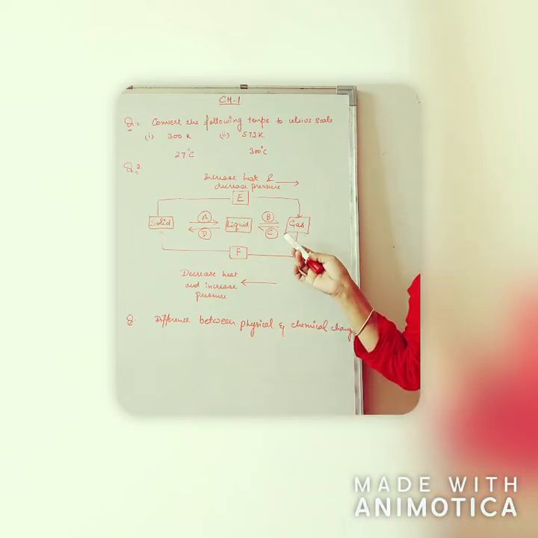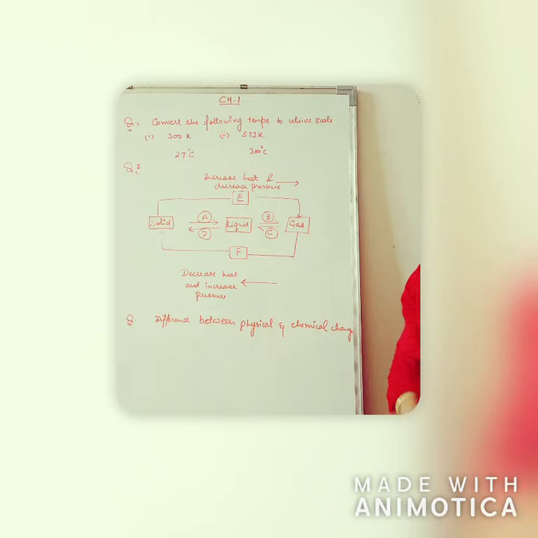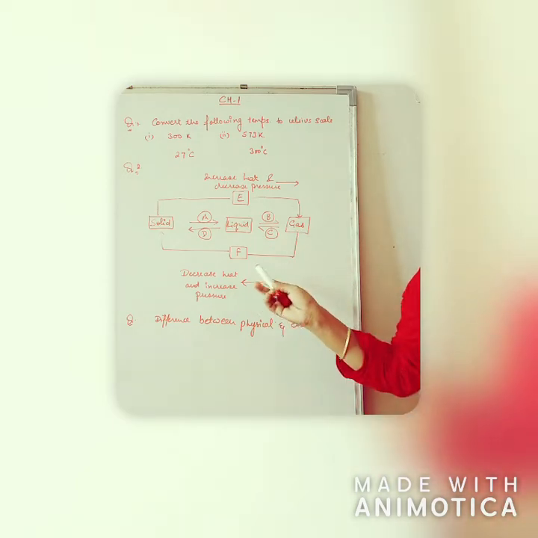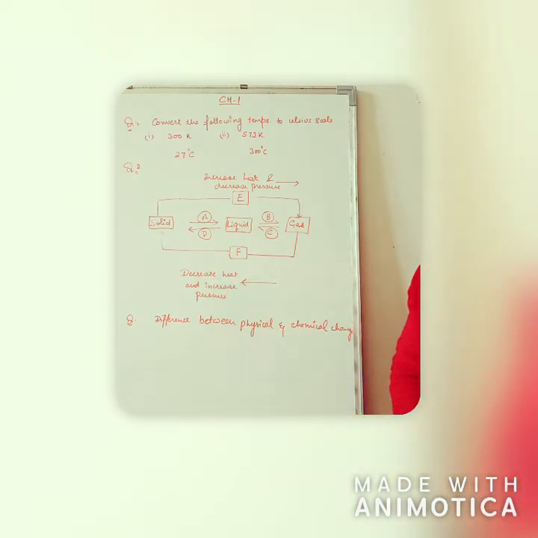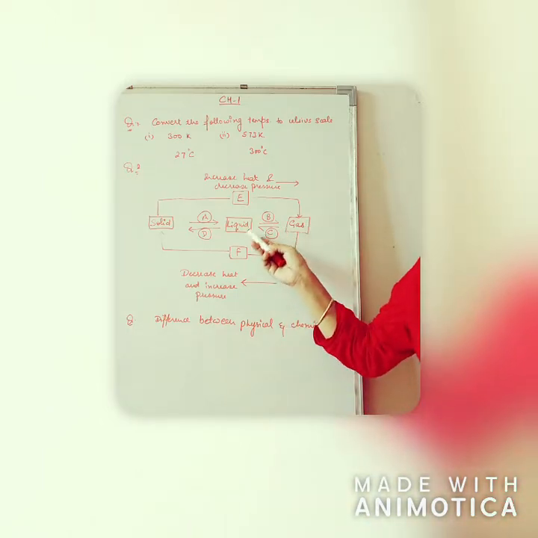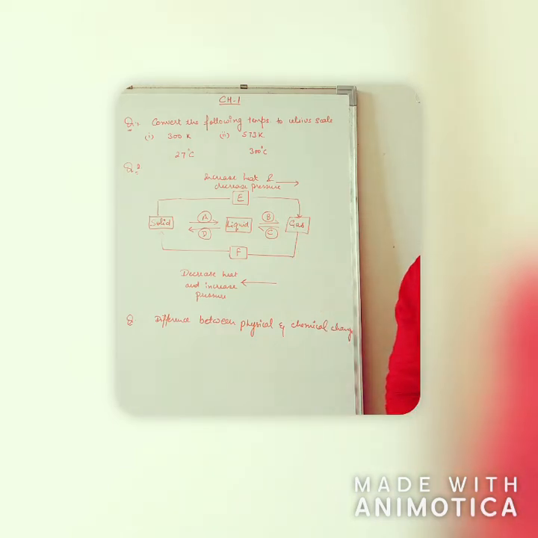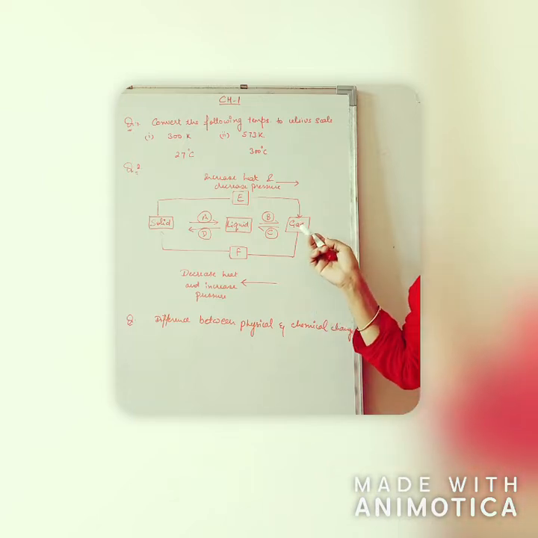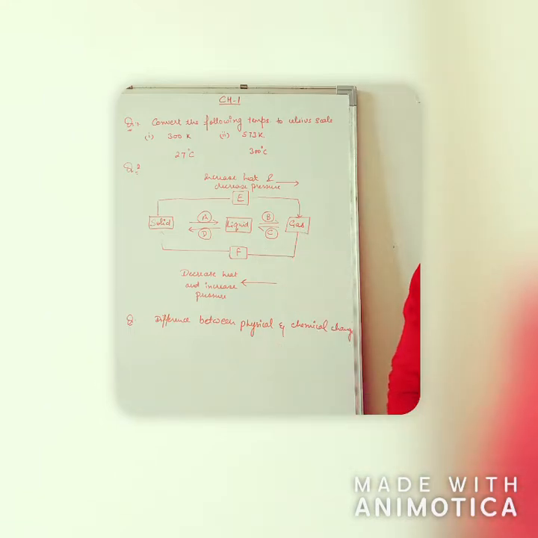Next, let's check the next point, which is C. Here the gas is being converted into liquid. This process happens when you are decreasing the temperature and increasing the pressure. So gas to liquid, that means cooling. You can say that condensation is happening, because the temperature is brought down. By decreasing the temperature, the gases are getting converted into liquids.